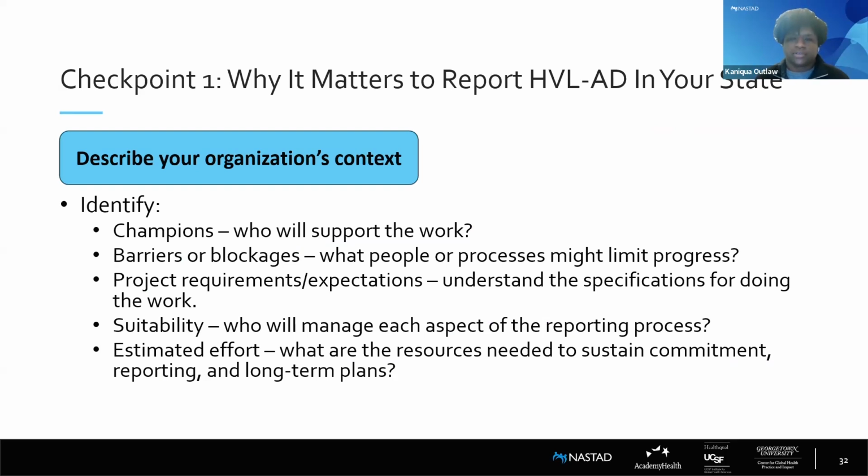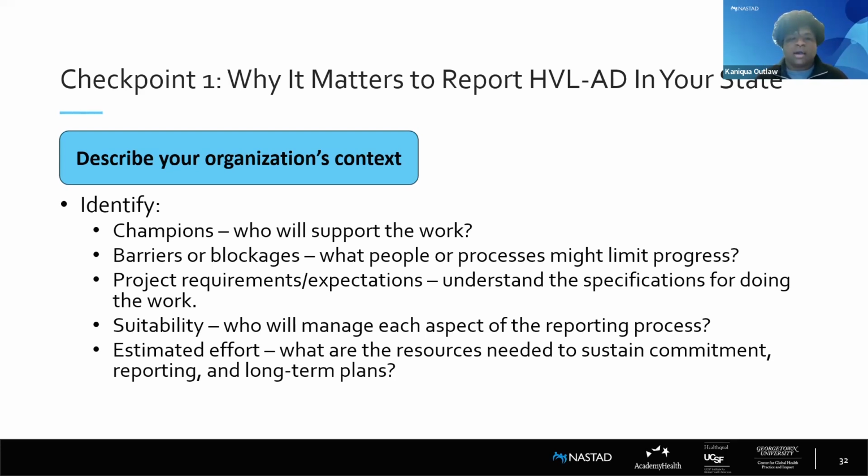So the very first checkpoint, and I want to be clear here that this is not always a linear process between the very first checkpoint and the final checkpoint, which is what we would consider not only routine reporting, but using the data from that reporting to make really important decisions. But it is clear here that this is the first checkpoint, one of the most important ones, which is not only understanding why it matters to do reporting in your state, but understanding your organization's context to support being able